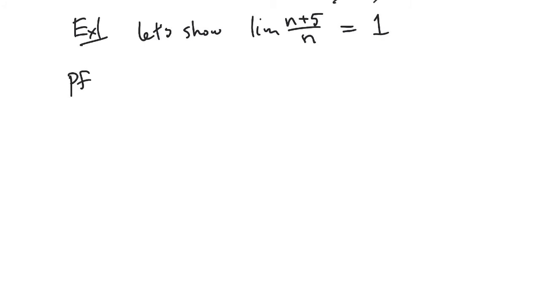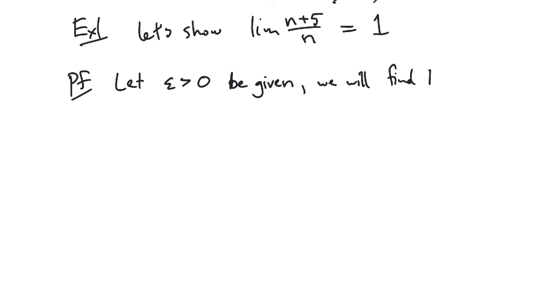All right, let's see if we can do it. How should we begin? Just because I told you, you should always begin like this: let epsilon greater than 0 be given. This time I'm going to try and be a little more introspective about the structure. Let epsilon greater than 0 be given, and then we will find big N, a natural number, such that